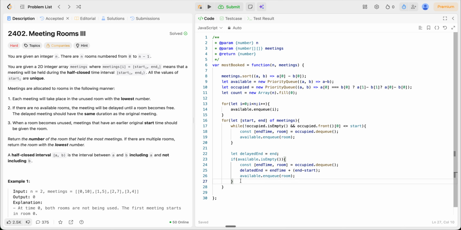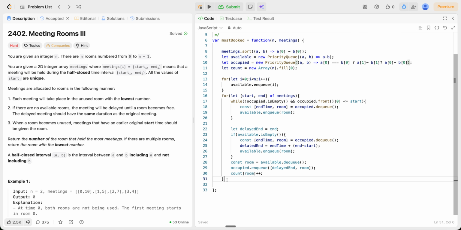Once this is done, what will happen? We know that we have to occupied.enqueue, we have to add the delayed end comma room. And how are we going to get the room? We are going to get the room from available.dequeue. Once we get it, we have booked it, and then we are going to increment the count of the room. Okay, after this,